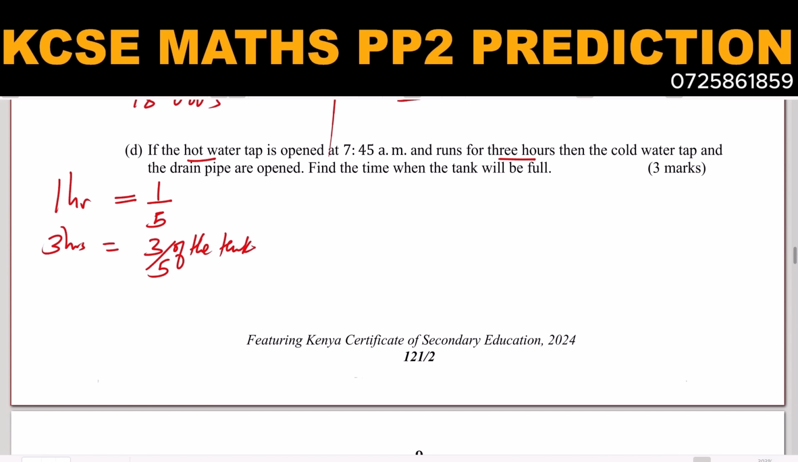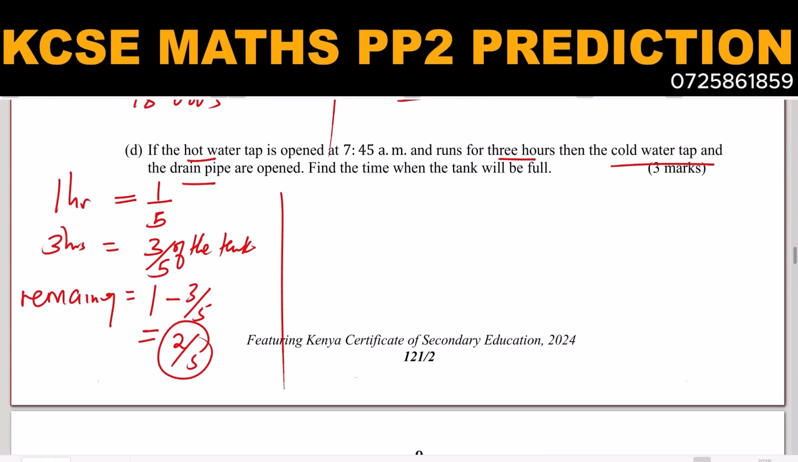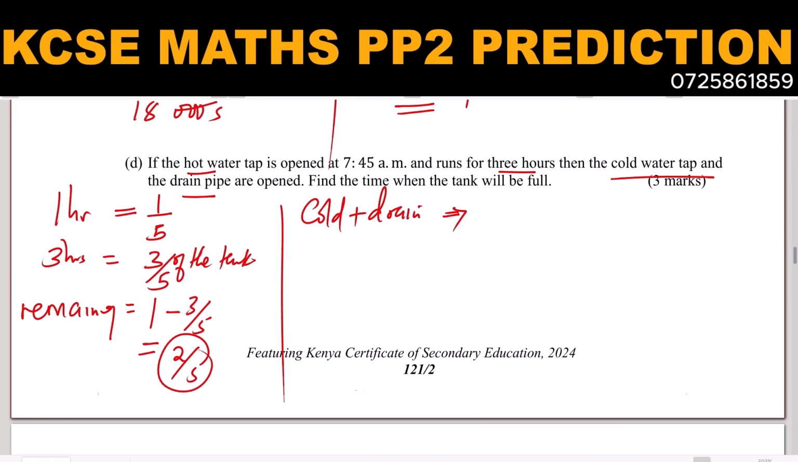So what is the remaining fraction? When the tank is full it is 1, then subtract 3/5. So the remaining fraction will be simply 2/5. That is what is remaining. Then from there, the cold water tap and the drain pipe are the ones that are left. So we need to get the cold water tap plus the drain in 1 hour. So the cold water tap,